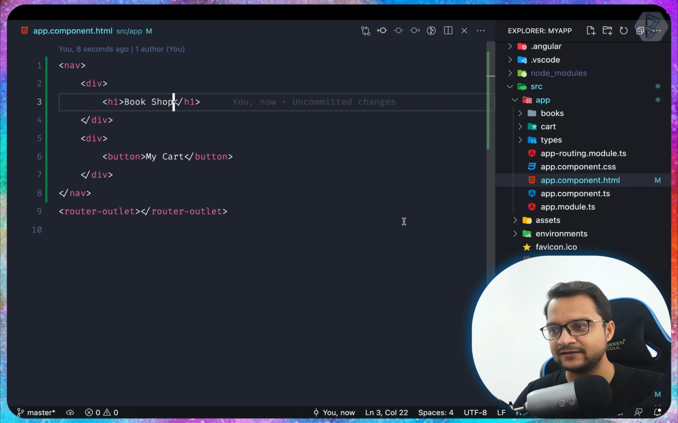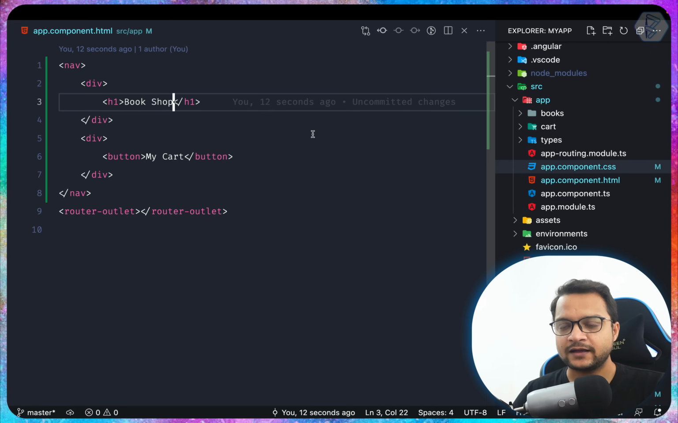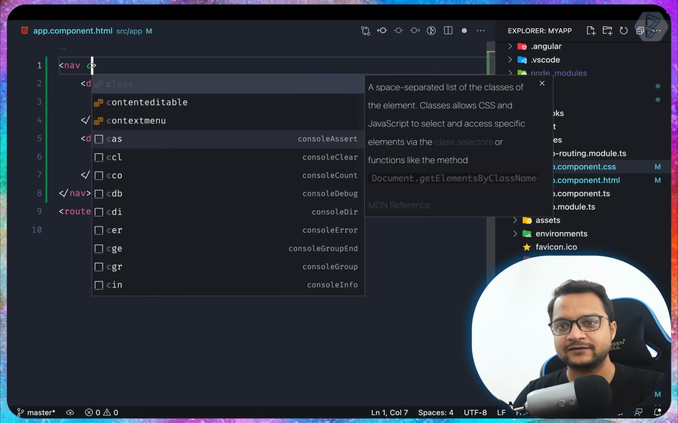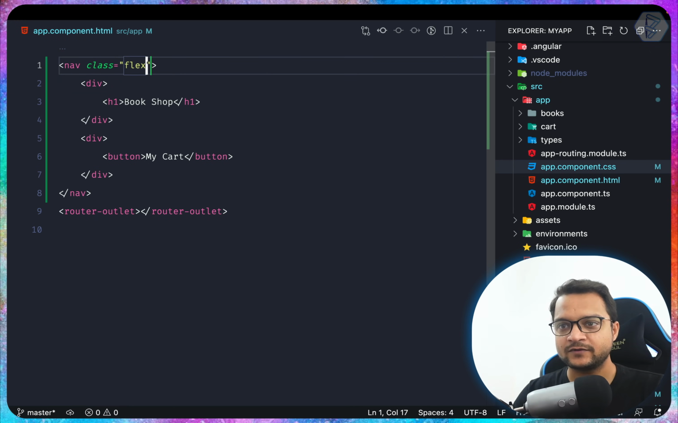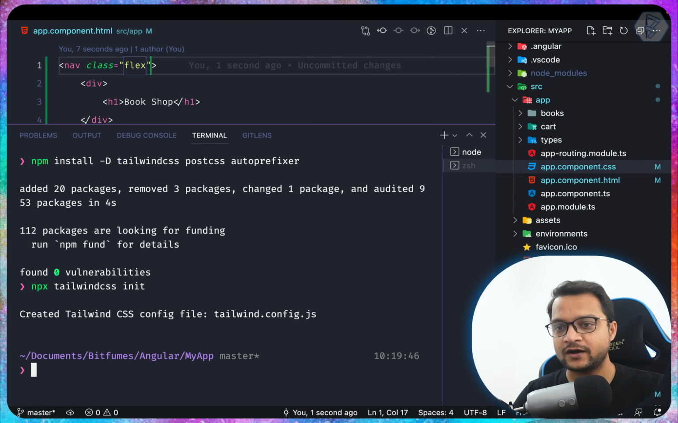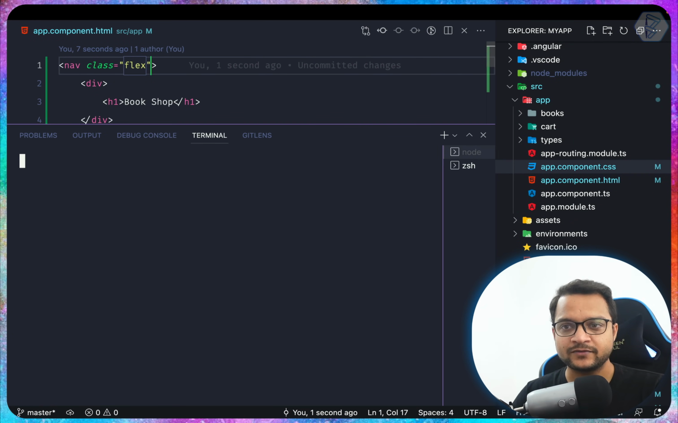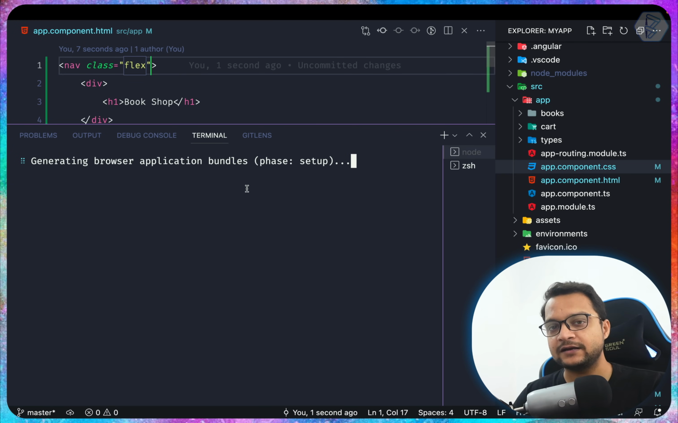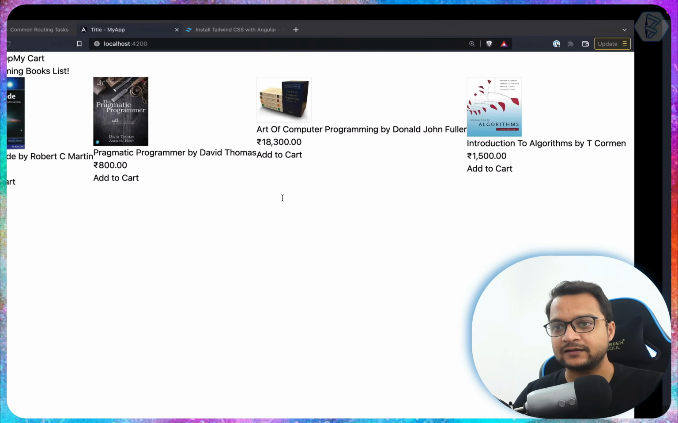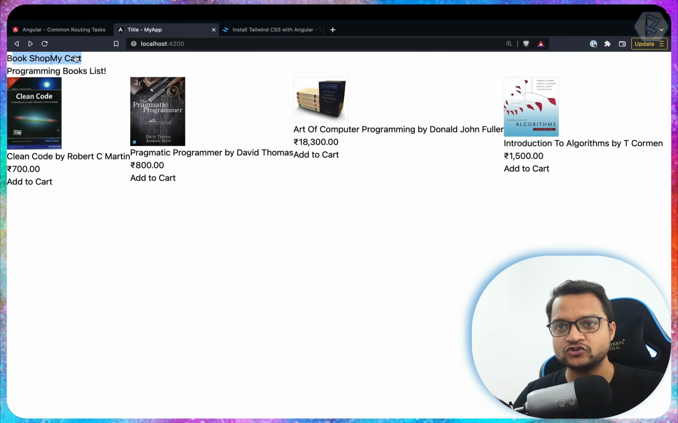How can we style these things? So I think there is some styling, we can remove it, and now inside this first I just say class of flex. So this will be flexed, but it's not applied. That means we have some issue with our Tailwind. So maybe I can restart our application so that it can build and include all the Tailwind CSS things, and then I can try, and yes, you can see all the styling has changed. So bookshop is there,